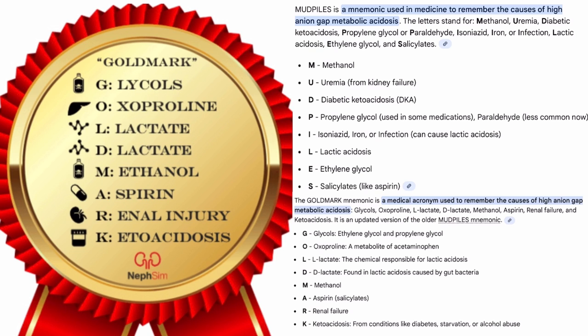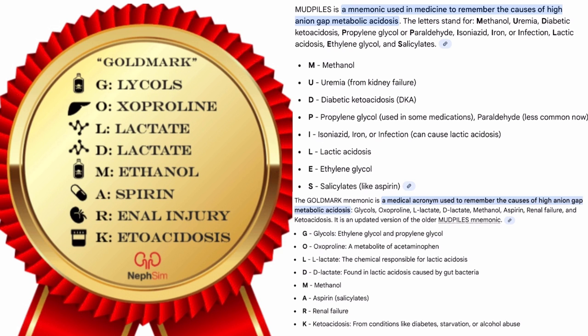Today we'll discuss a mnemonic to remember the causes of high anion gap metabolic acidosis. I think all of us are familiar with the old mnemonic MUDPILES, which we have been using for quite some time. But recently there has been the evolution of a new mnemonic known as GOLDMARK,